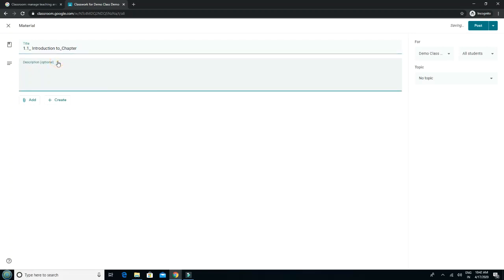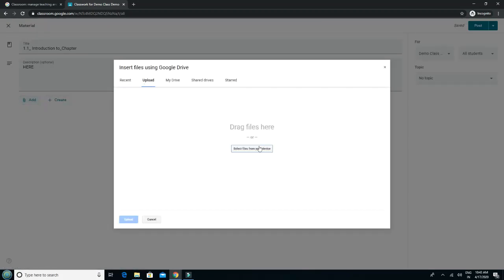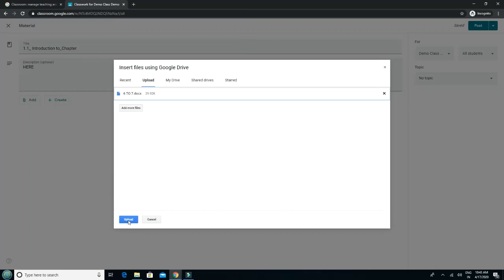You can describe the chapter details. If you want to add some file, YouTube link, Google Drive file, anything. If I want to upload any file from this local machine, then I will click on file. Upload means from here, anything I can upload.